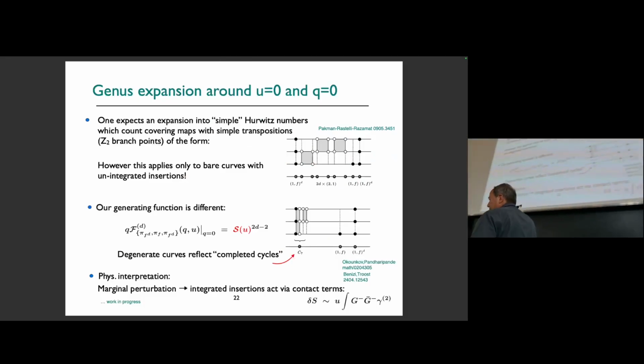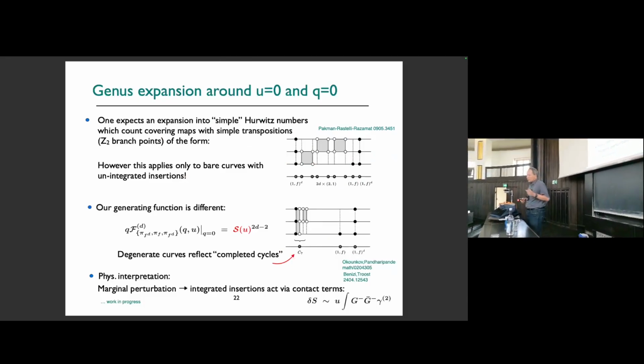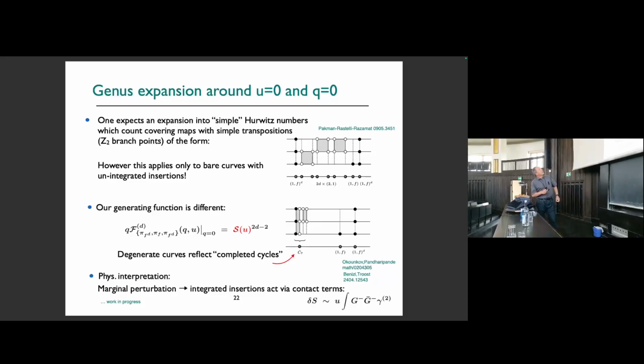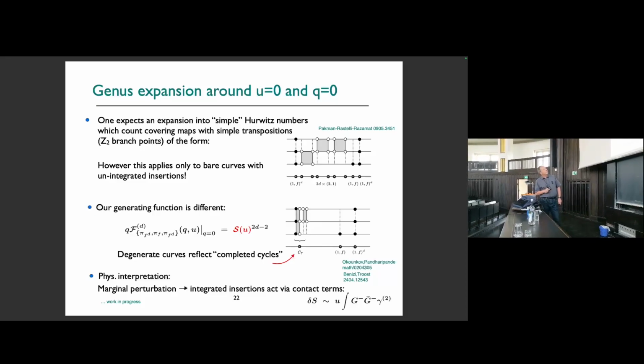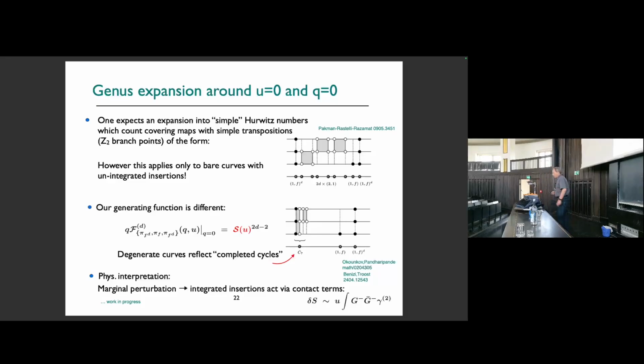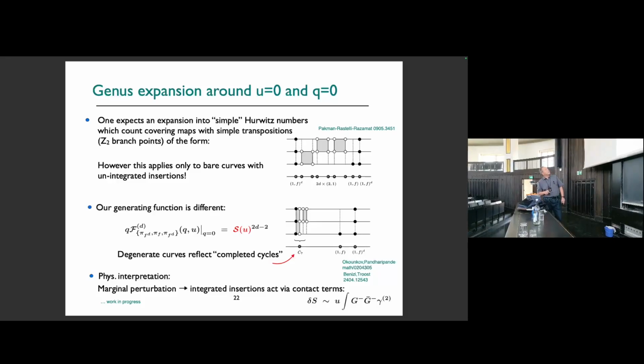Now, what can we do with it? First, we do the expansion around U equals 0. And naively, one would think, well, if I add more and more twist fields, then I just add more and more handles here. And this defines so-called simple Hurwitz numbers, which just means that we have only simple twist fields sitting here, the two twist fields. However, this is not what we obtain, because we introduce new locations of these operators, which don't make any sense here. So this way of thinking